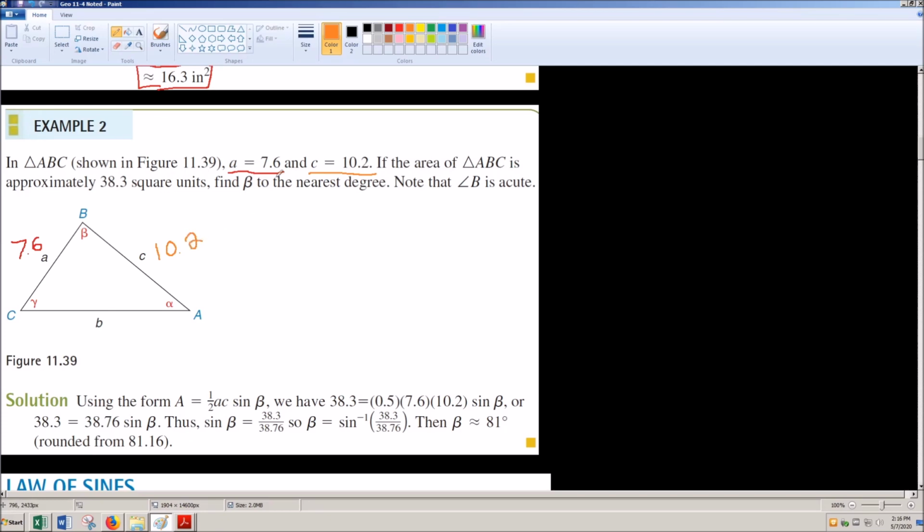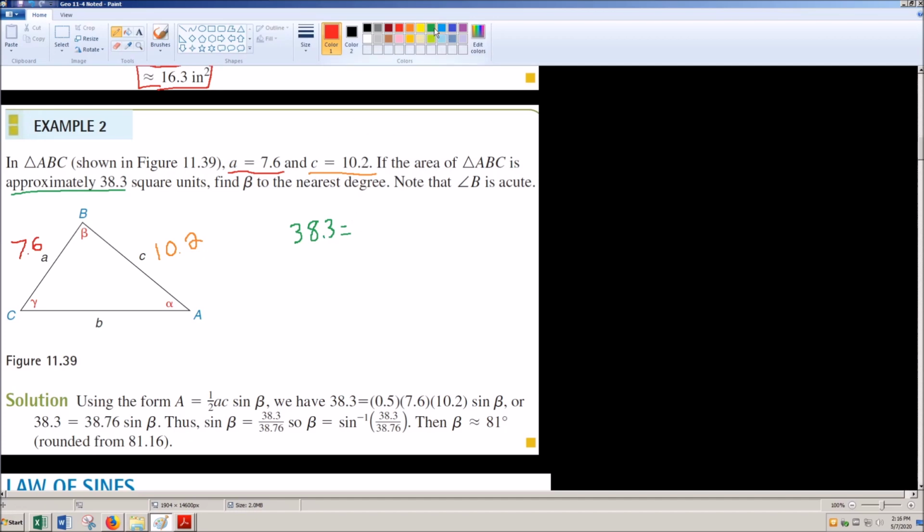And if the area of this thing is approximately 38.3, I want to find beta to the nearest degree. So right now we're just going to set up, and instead of solving for the length or solving for the area, because we can take any one of these pieces out, here we're just going to be solving for the angle. Okay, so as we look at this, I'm going to say my area here, 38.3, is equal to,